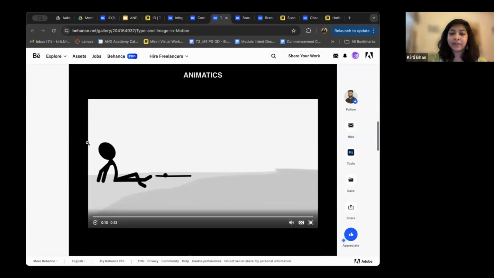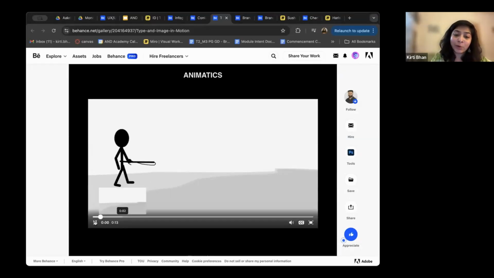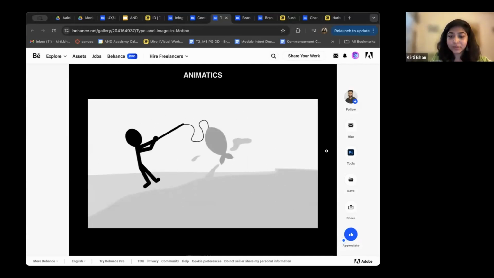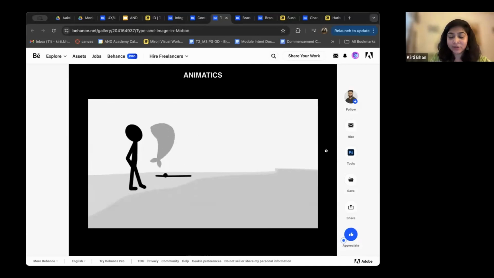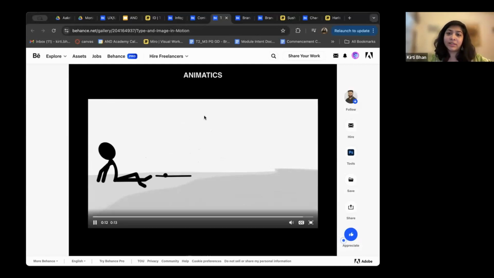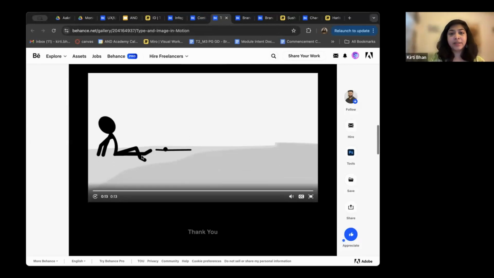And then the animatic. It's like a blueprint of how you combine all your storyboards, timings, sound, and type before you go to the final one. So you can see how the animatic has been created. And the result we've already seen. So this is like reverse engineering. I'm just sharing so that you can see how the process was. Okay, this was motion graphics.